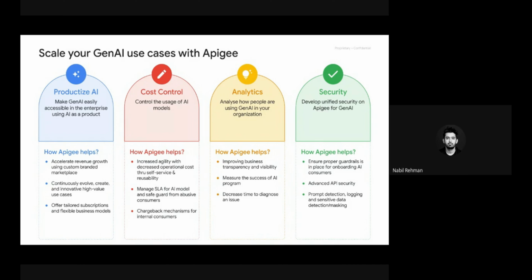Security is also a very key concept over here. As an organization, you might be worried that when you open this generative AI initiative to a larger audience within the organization, a lot of people might send sensitive information. Sometimes when I'm using generative AI and I paste my code and ask what the problem with this code is, I might not have removed the API key from the code that I entered.